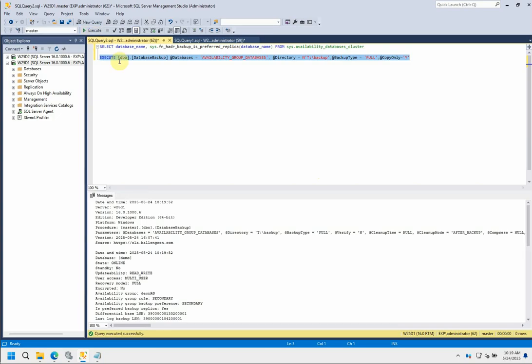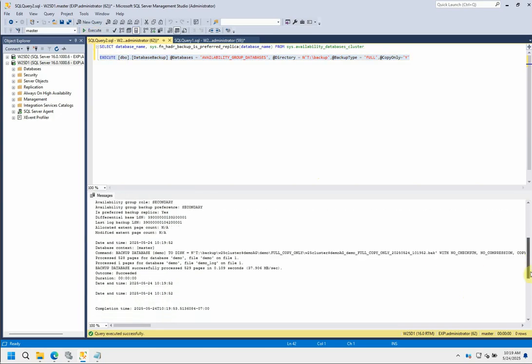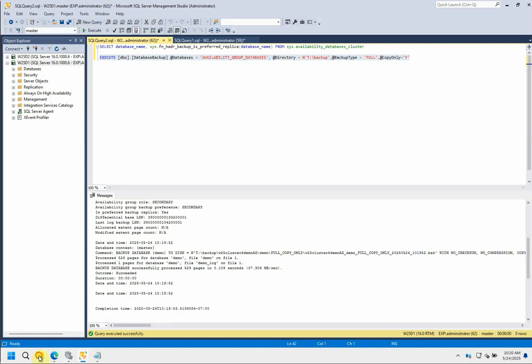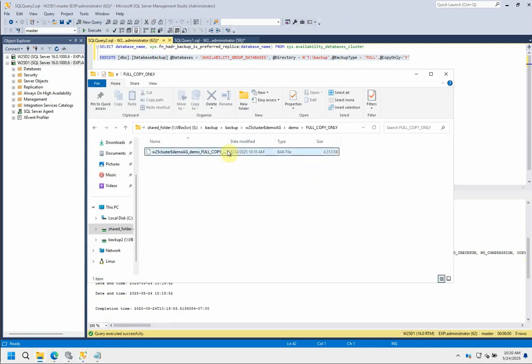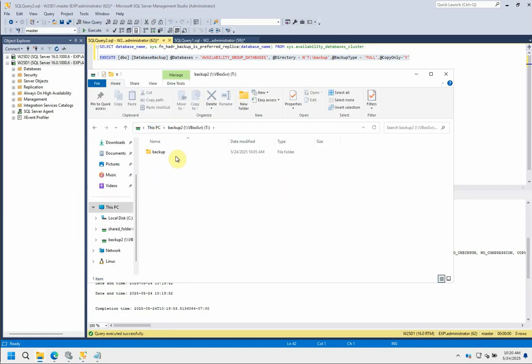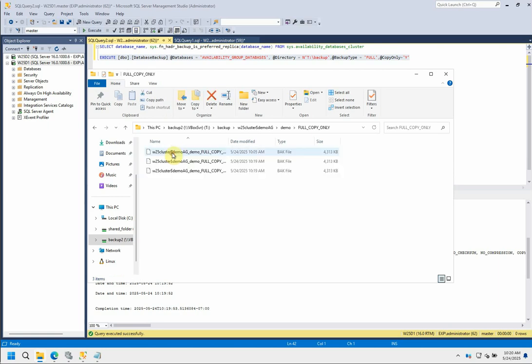I think we should see 2 more backups landed on T drive. Okay, this is just for demo. In the real world, we don't need two shared locations, but this is purely for demonstration purposes, because I want to demo that the databases, these two, are coming